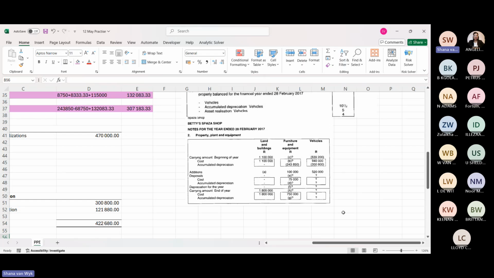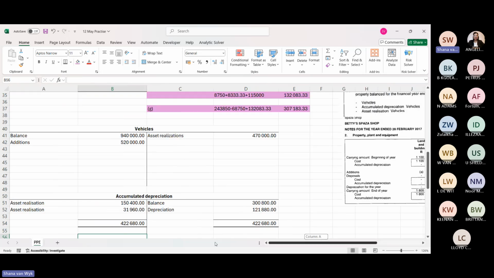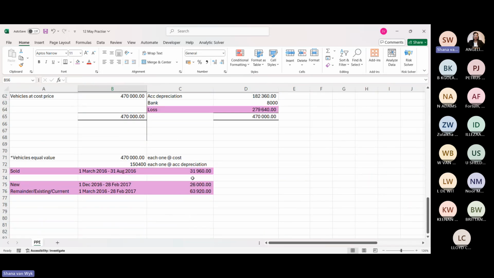Let's have it. Addition. So we're gonna plus 26,123 minus 31,960 plus 63,920. So then I get 358,760. So my carrying value is 631,240. No. You must have a total value of 990, right?